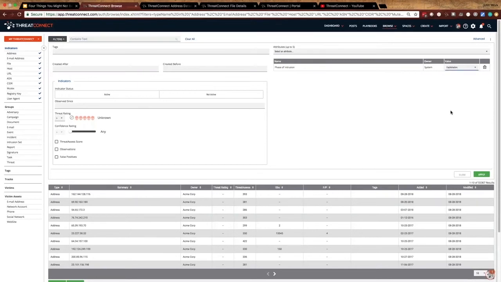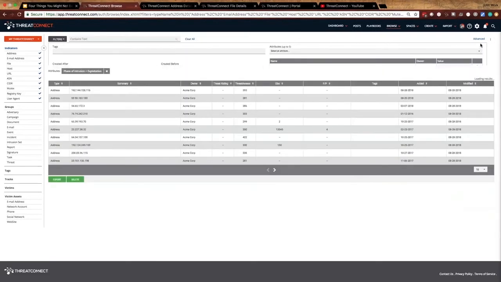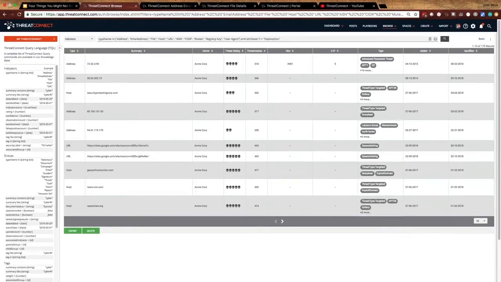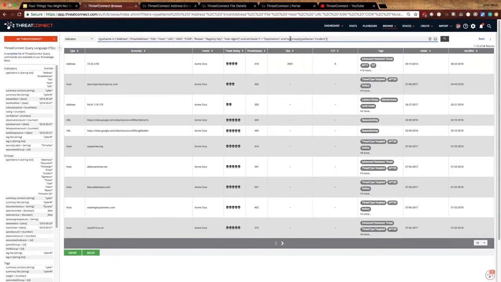Now what we can do, since the other values we want to fill in on the advanced side, when we apply this, we can flip this over to advanced, and we can add in those other features that are the other searches that we had before. So we can say, and has group equal to, oh wait, sorry. Type name equal to incident. So we can bring back those things.